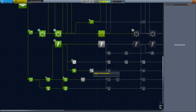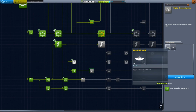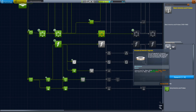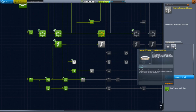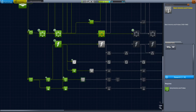What do I want to spend it on? Do I want to go digital communications? That gives me tech level 2 comms, and it gives me another tracking station increase, which would be useful because it gets us towards interplanetary. Do I want to go the avionics, which would give me deep space? Oh, now that again is useful, and that would get us underway, and deep space would be useful for sending something to orbit the moon, because deep space would allow us to actually control it, because at the moment our near Earth won't control at the moon,